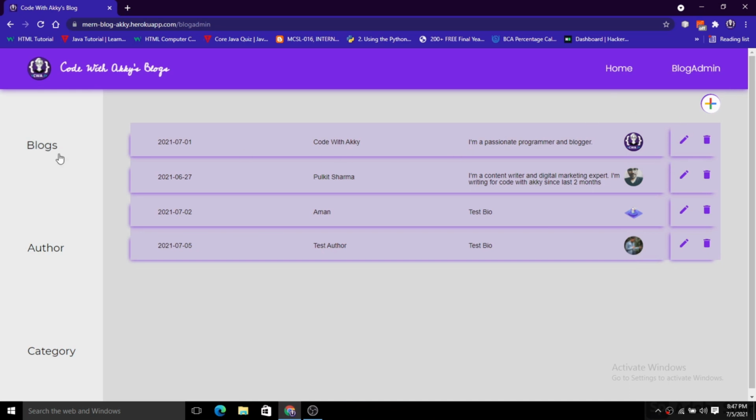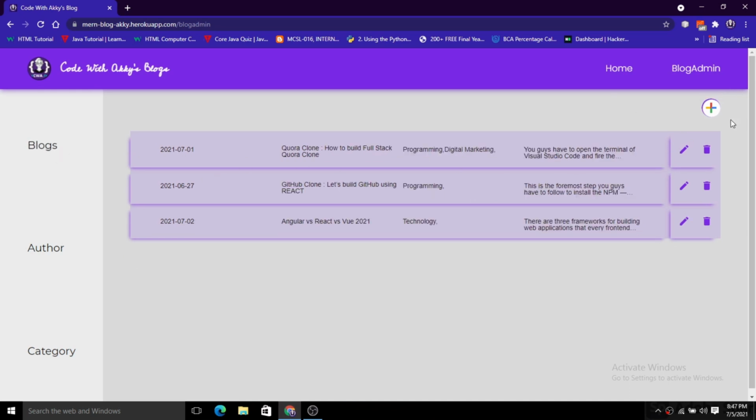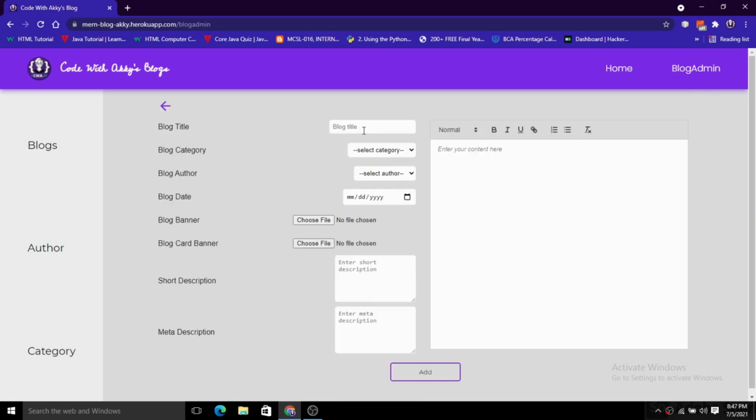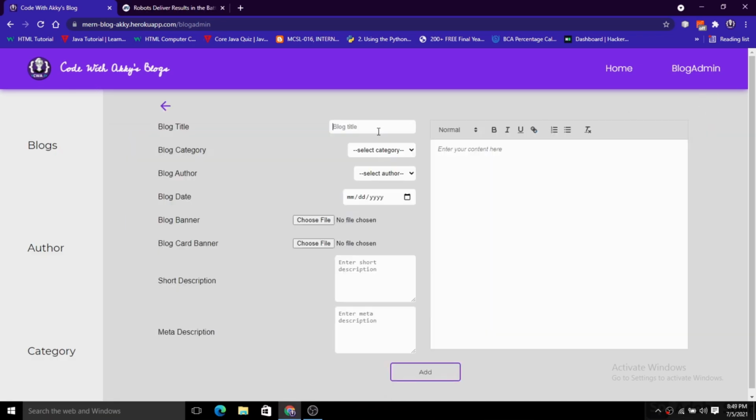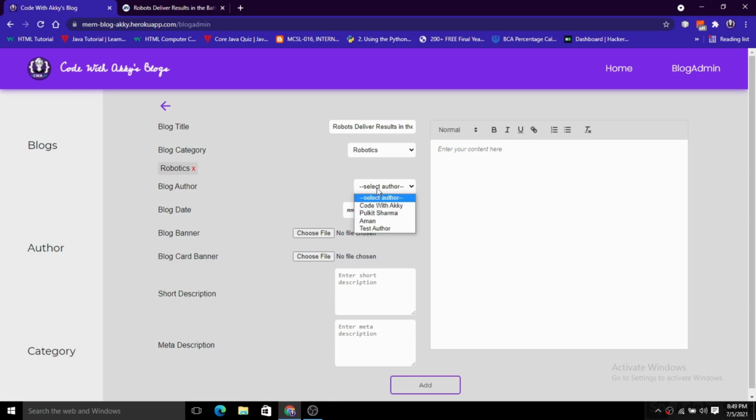And now the last thing here, we have the blog here. So we can add a blog also here. So just give the blog title. So we have the blog title here. Let's put that. Okay, let's select the category here. The category is directly coming from the database that we have already added. And if you want to add a bunch of categories, you can add different categories also here. So here we have added all those categories, and now you can also remove them.